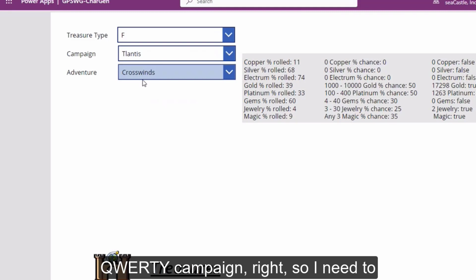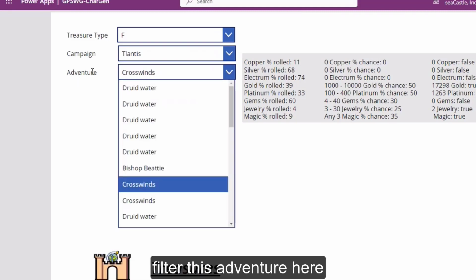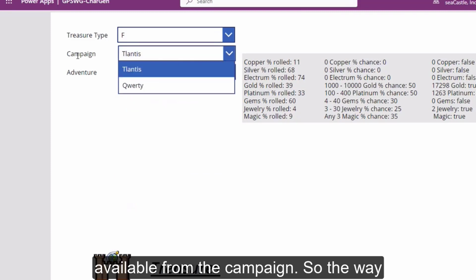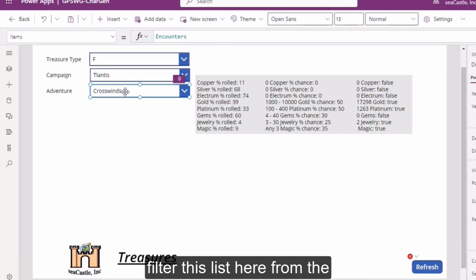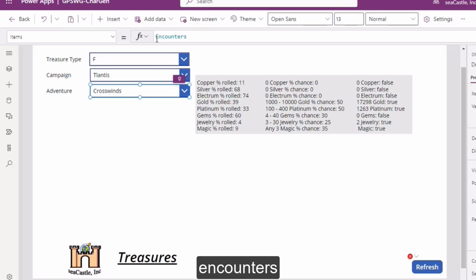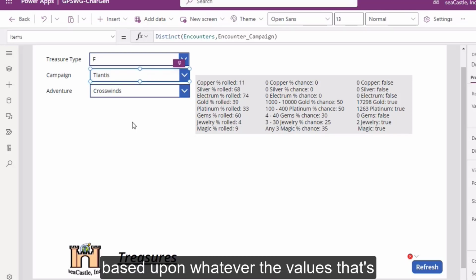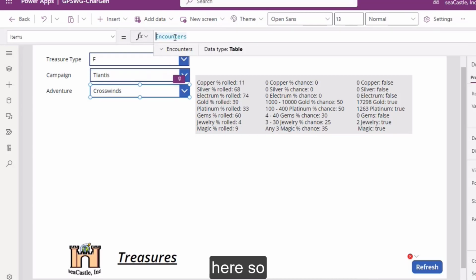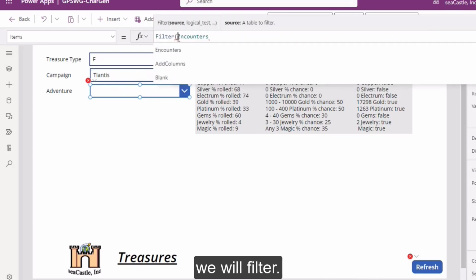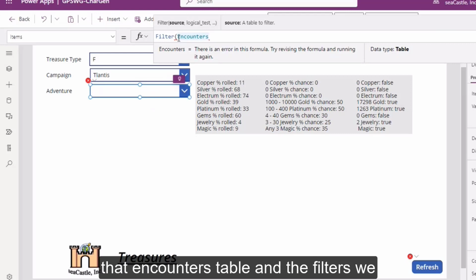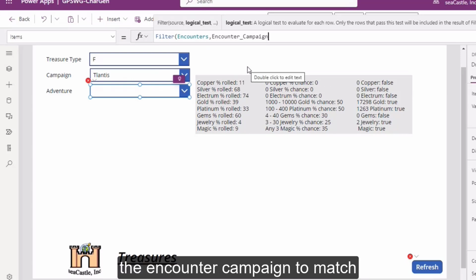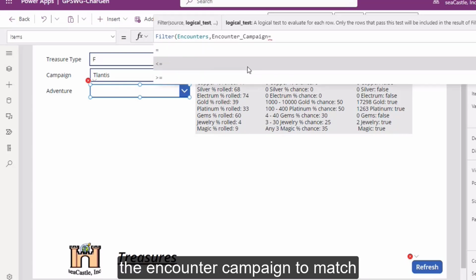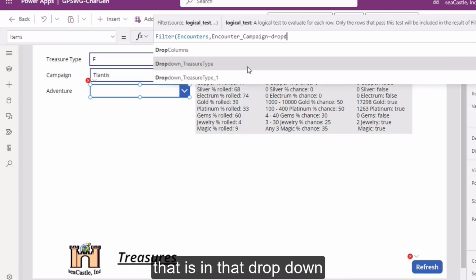So I need to filter this adventure here based upon the values that are available from the campaign. So we will need to filter this list here from the encounters based upon whatever the value is that's associated with this campaign that's here. So the source that we're going to filter is that encounters table, and the filter is we want the encounter campaign to match the value that is in that drop down